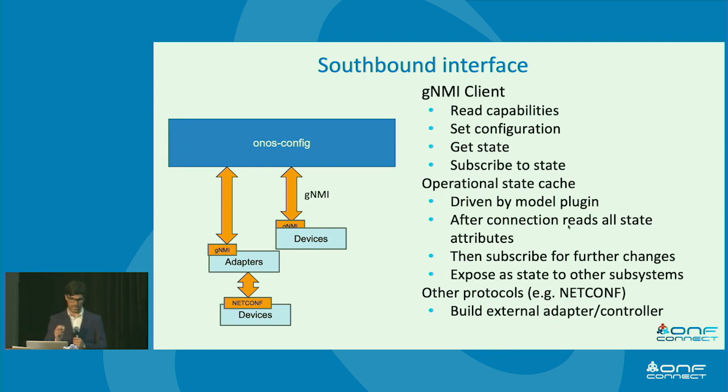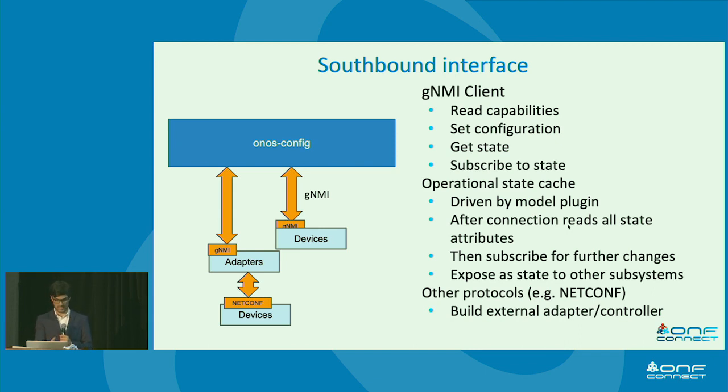So what that adapter will be is that we will expose gNMI on the northbound to µONOS and have NETCONF on the southbound to the device. In such a way, we can build one adapter, and that will allow all the NETCONF devices to be included in µONOS. And that adapter will basically take the gNMI request, split it up